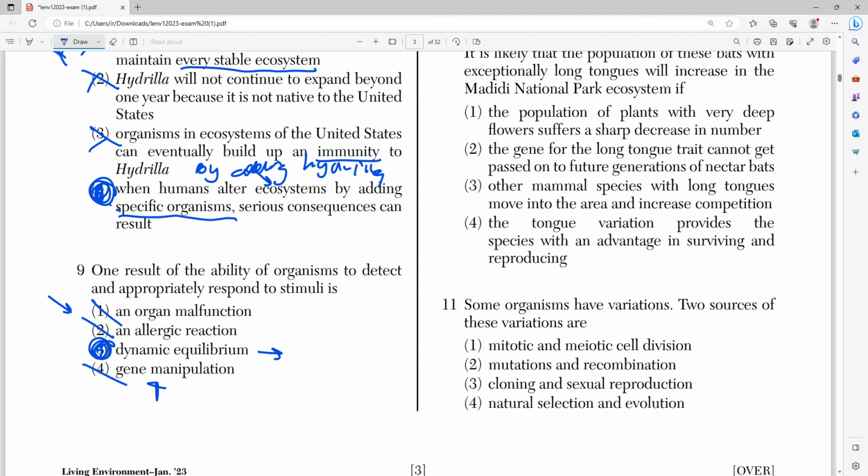Whenever you see dynamic equilibrium, that's the same thing as saying homeostasis. So for example, if it's too hot outside, you will sweat, right? And that sweat is your body engaging in homeostasis to maintain dynamic equilibrium, aka your body temperature being normal, right? That is the best response, right? Dynamic equilibrium, think about it, it's literally homeostasis, and homeostasis, all that means is your body trying to maintain balance within itself based on your environment.